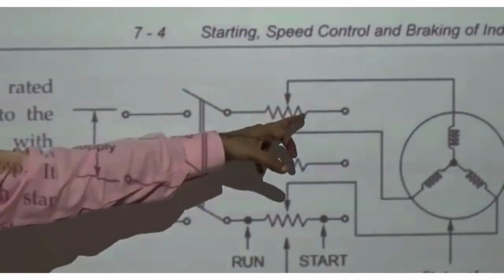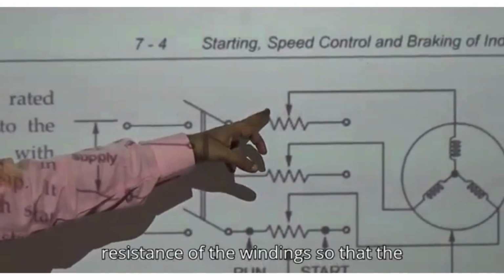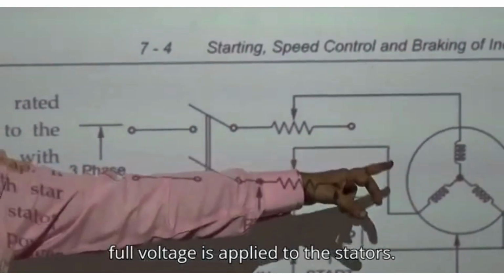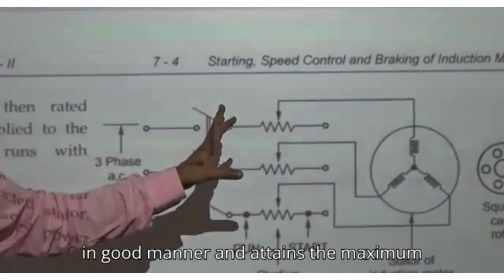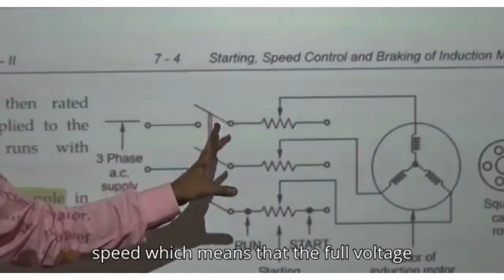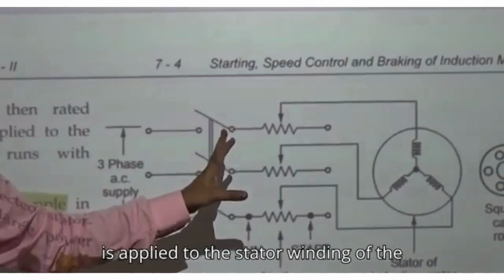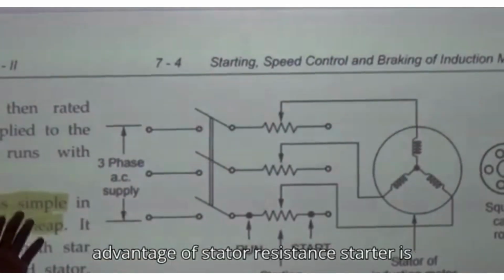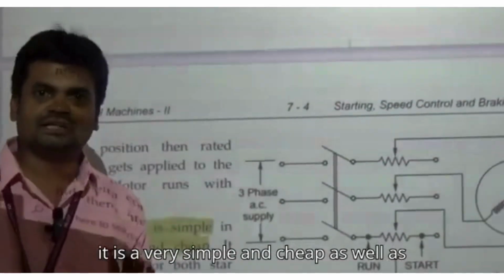Then we decrease the resistance so that the full voltage is applied to the stator winding, the motor starts in a good manner and attains maximum speed. The advantage of the stator resistance starter is that it is very simple and cheap,